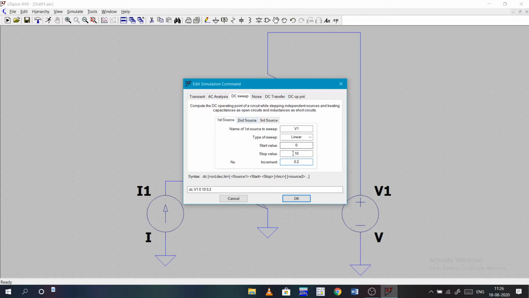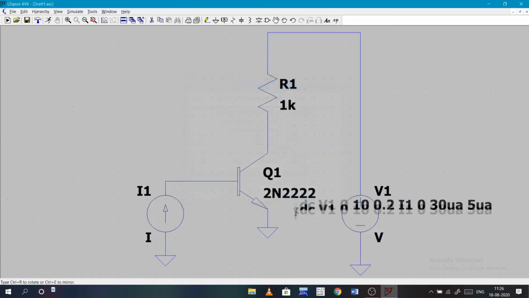It will divide the scale as 0, 0.2, 0.4 up to 10. Next, the second source is current, I1, default linear, starting from 0. Let's keep the stop value at 30 microamps with an increment of 5 microamps. Press OK.